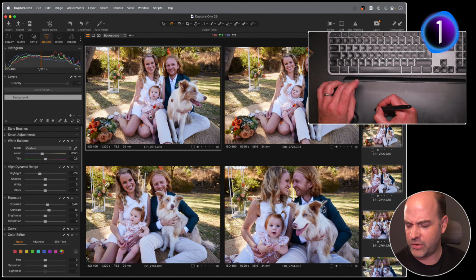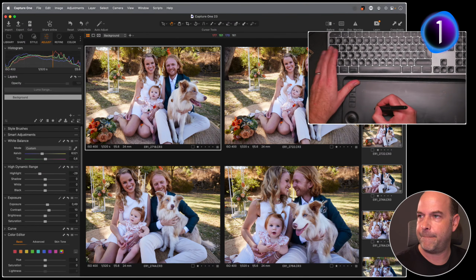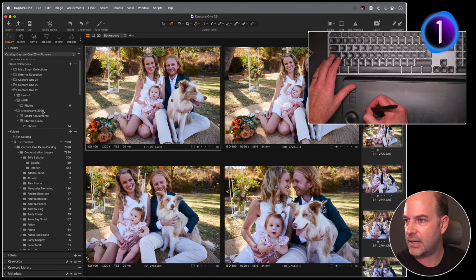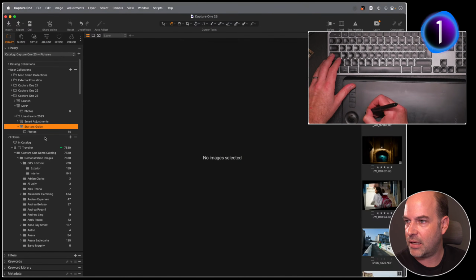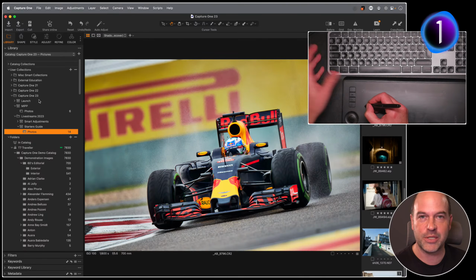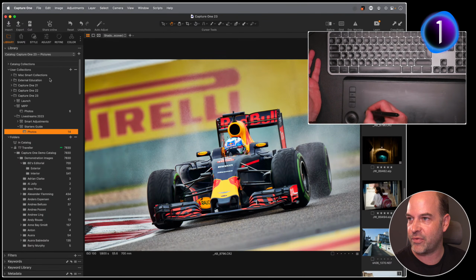What did I say we were going to do? Copy and apply, export, that's it. So let's go back to that collection of pictures. You can see this library tool is much busier in this catalog because I've got